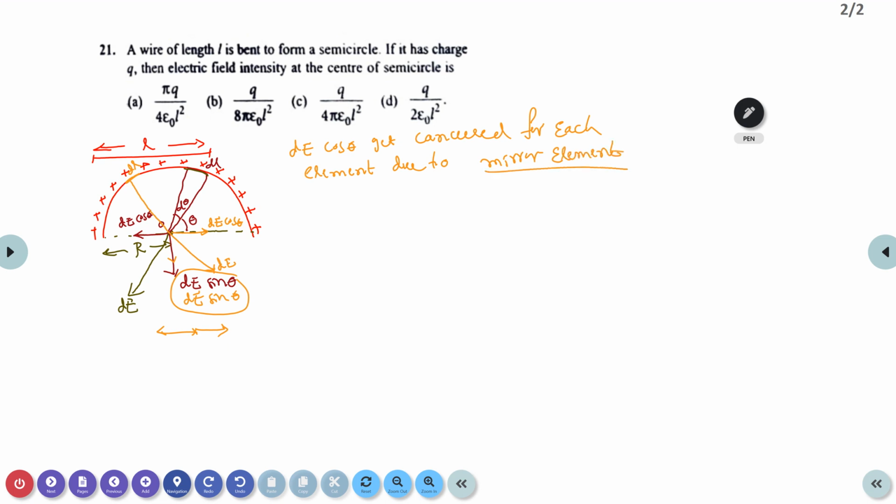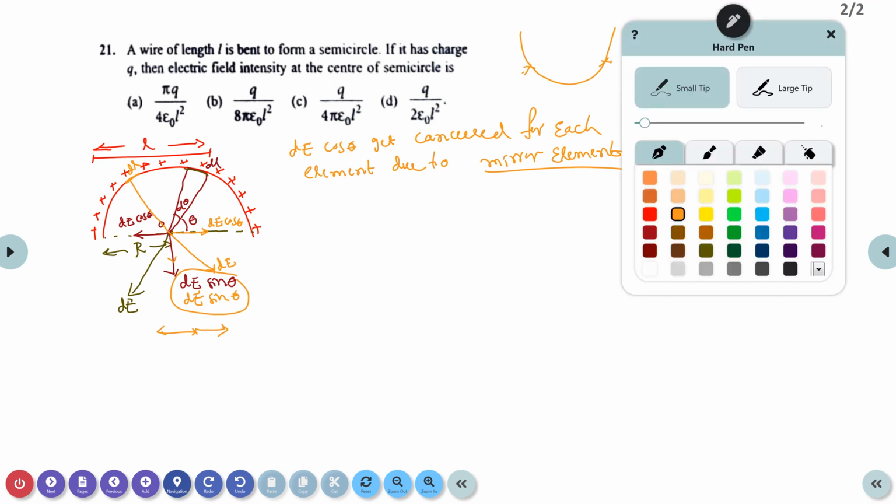Remember, please. Imagine yourself, take a bangle, break it. It is like this. This is one element, this is another element. These are the two mirror elements you can get. Okay, fine. Now, the net electric field,